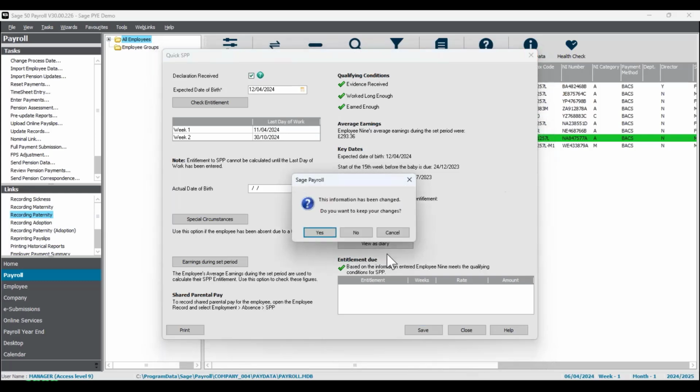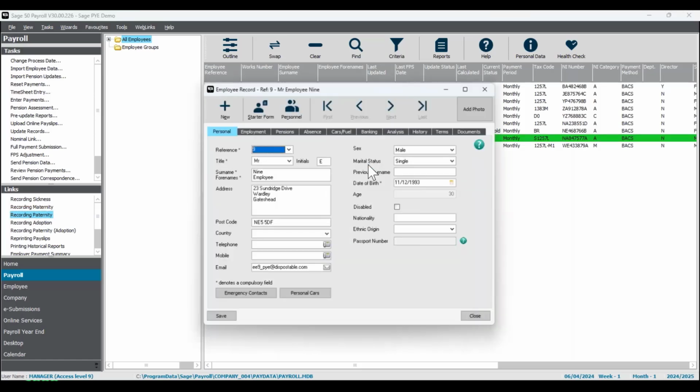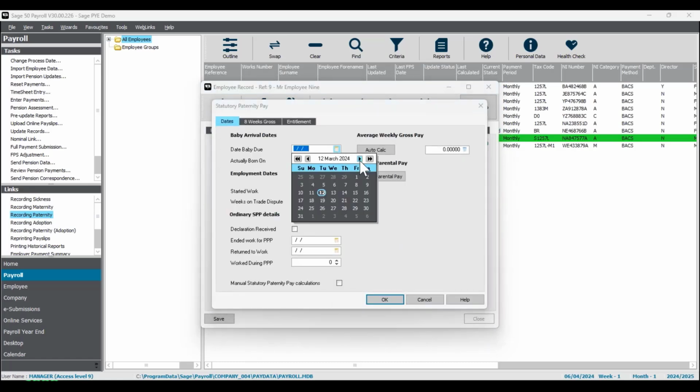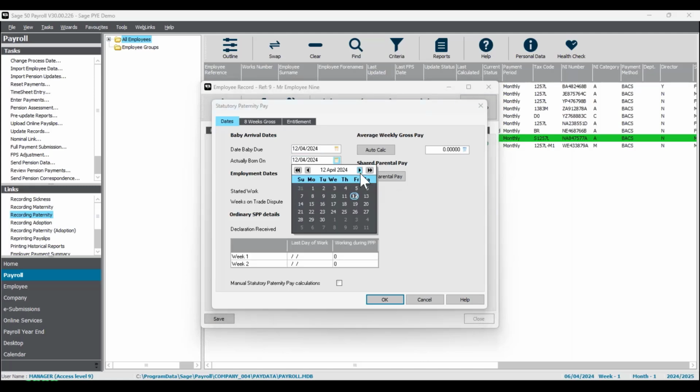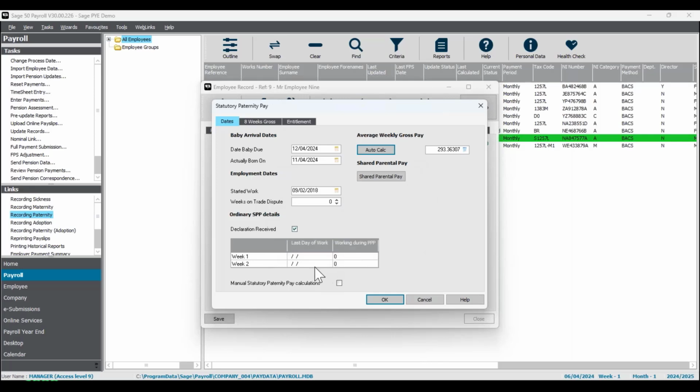I'll just show you the other way as well, because you can enter paternity pay differently in the actual employee's record. So if I open up the record and go to absence, we can click on SPP just at the bottom. And if I pop in that same due date, the 12th of April, we can say that they were actually born on the 11th. Just go through the normal things here. And again, you've got that table at the bottom. But one difference with recording it in the employee's record, if we put in their last day of work for the first week,